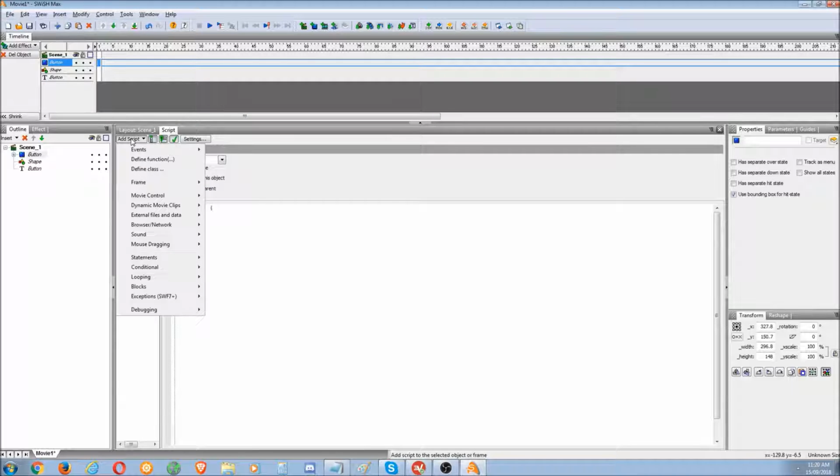And all you do is, as soon as you go to on press, you just go back here and go movie control, go to and play a frame in a scene, or stop, go to stop, or all kinds of things. You can make a sound play, you can go to a web link, open a web link in a browser, which you have to be tricky about how to do. So what we'll do is